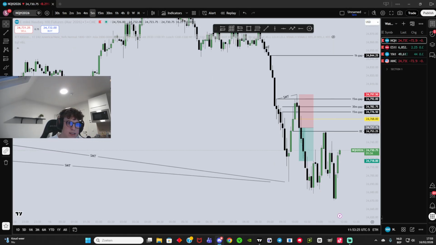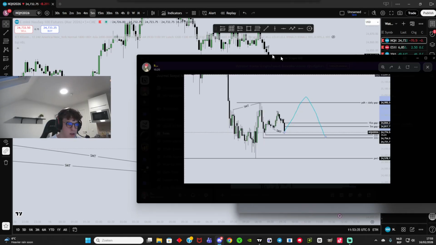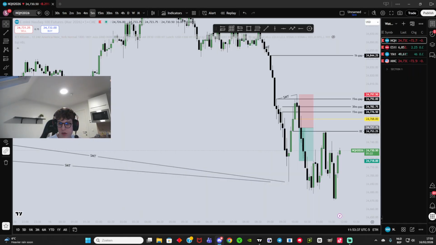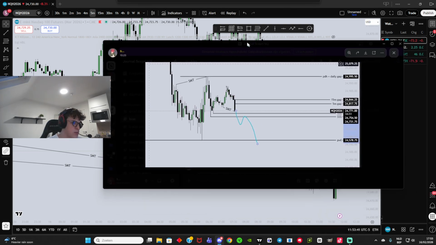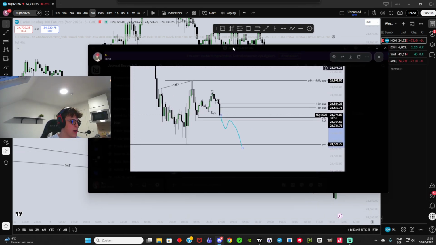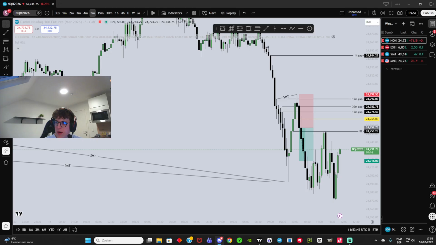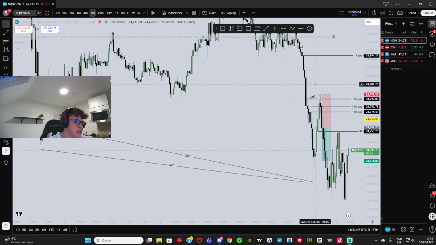So my bias, let's see if I can show you guys my bias. My bias was kind of bearish. Really bearish. I only drew out some bearish scenarios like this one, or just continuations like we had right now, like this. This was the scenario that played out, and that is also what I really wanted to see. So, besides my bearish bias,